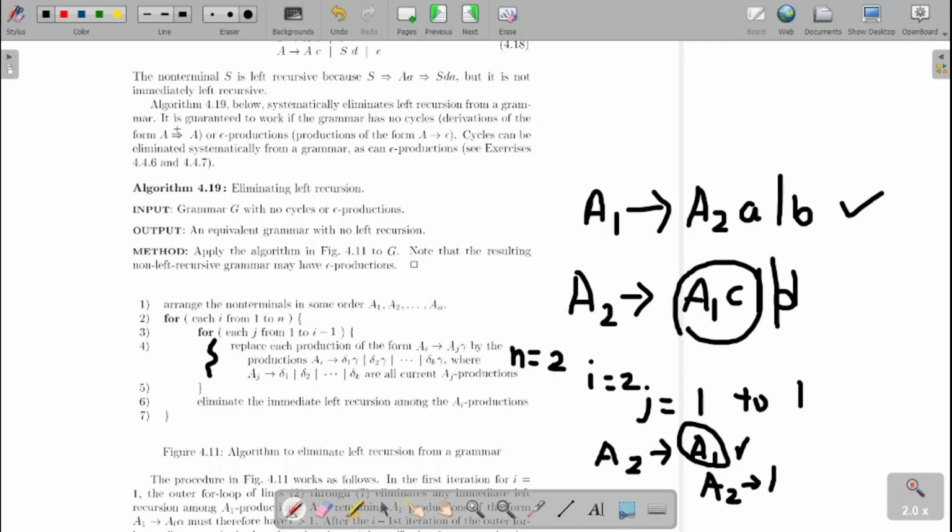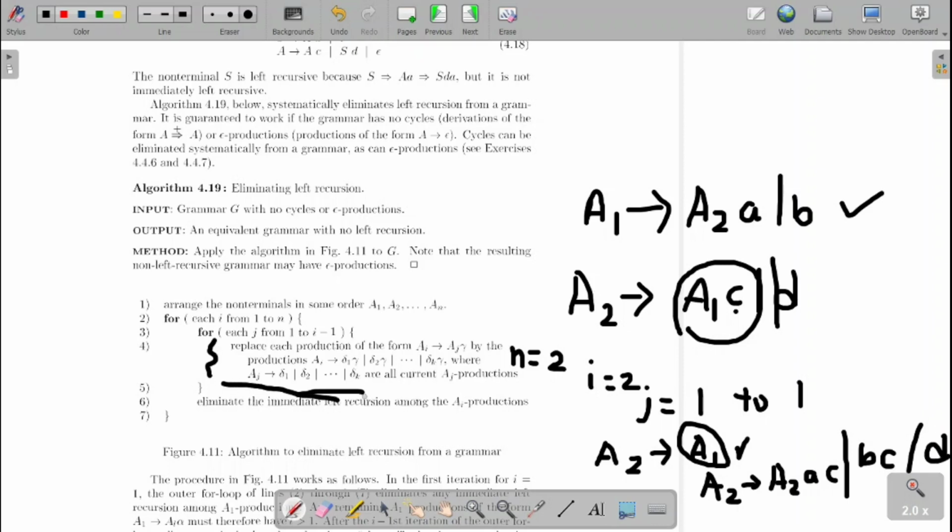What are the A1 productions over there? The first one is A2A, along with the gamma. What is our gamma over there? Gamma is our C. So that is A2AC, or the next option is B, so BC. The rest will be written as it is. What is the rest? A2 derives D, that will be written as it is. This is what we are doing over here.